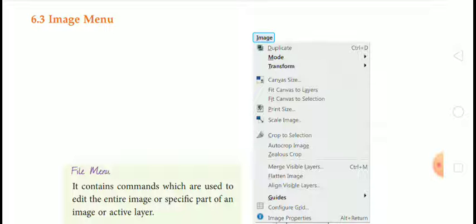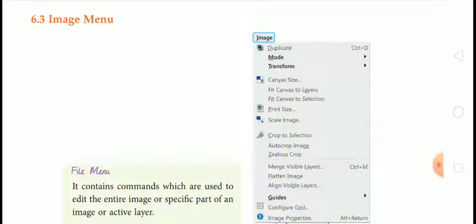Means it contains the commands with the help of which you can edit the entire image or any particular part of the image or the active layer on which you are currently working.